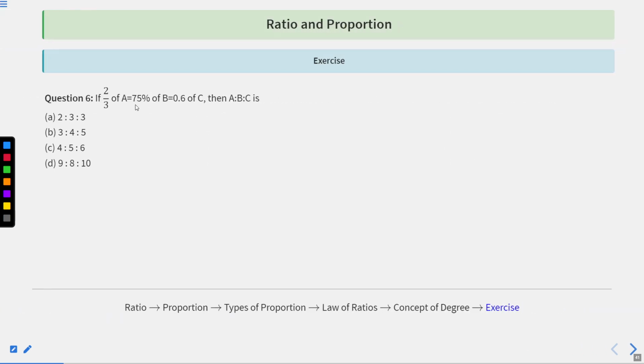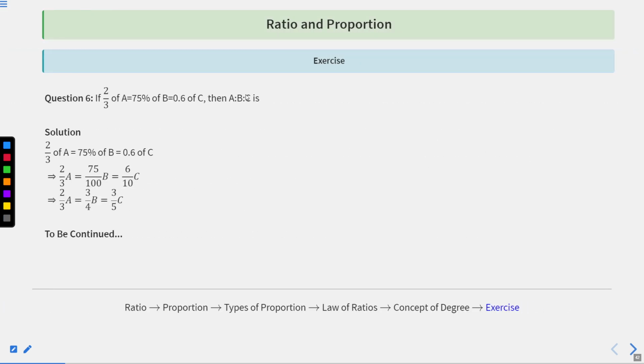If 2 upon 3 of A is equal to 75% of B is equal to 0.6 of C, then A is to B is to C is. So it is given that 2 upon 3 of A is 75% of B equal to 0.6 of C. So this means 2 upon 3 A is equal to 75 upon 100 B equal to 6 upon 10 C. And if you simplify it, you will get 2 upon 3 A equal to 3 upon 4 B and equal to